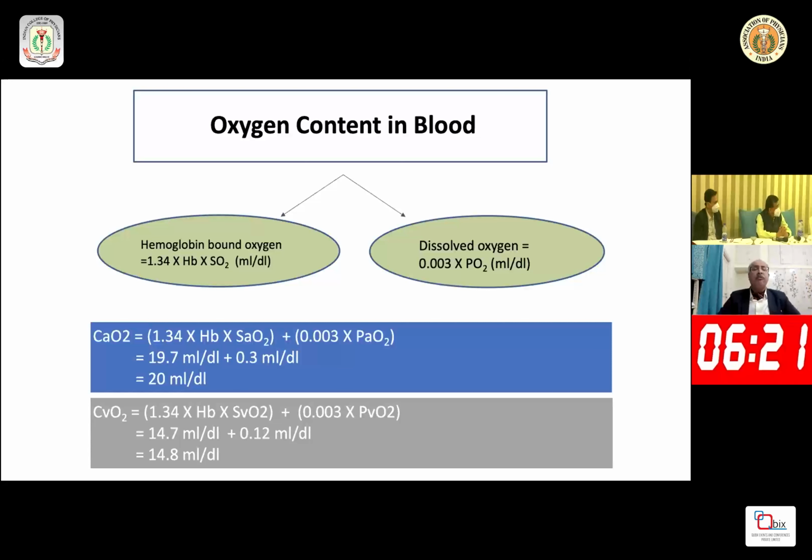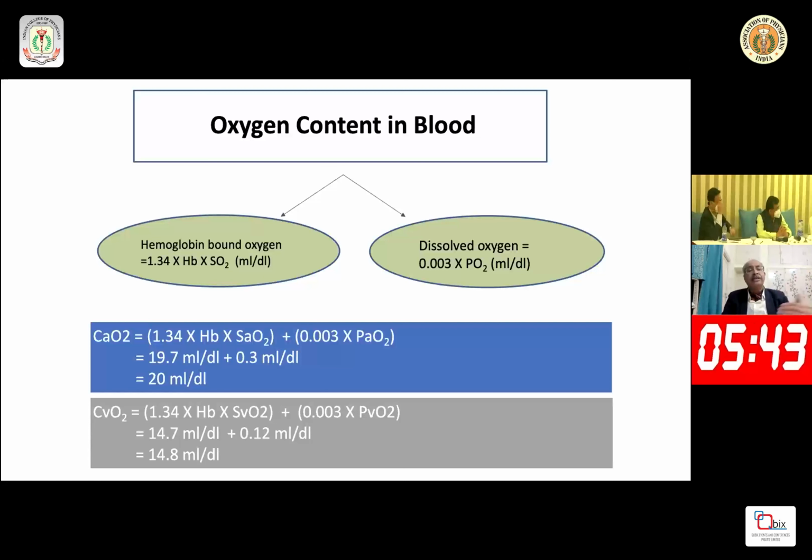And in this, again, we calculate two different things: the oxygen content which will be there in your arterial blood, and the oxygen content which will be there in your venous blood. When you look at the oxygen content in the arterial blood, the one which will be delivered, this is roughly 20 ml per deciliter. And the basis of calculation again is the same. You multiply hemoglobin and saturation, which you have monitored, plus the partial pressure term, where the factor is 0.3 because you calculated PO2 100 at sea level.